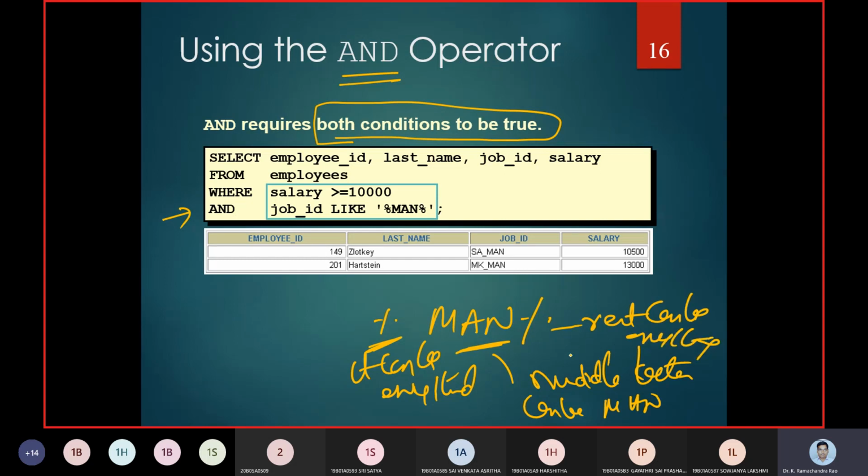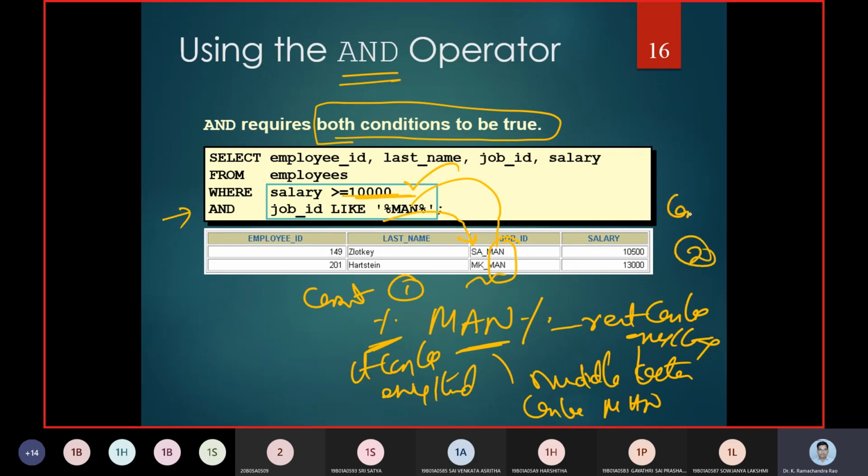In this case, I put the percentage here, therefore it can be SA or MA, but MAN will match the exact value. This is condition number 1. What was the second condition it needs to meet? The second condition is that the salary should be greater than or equal to 10,000.